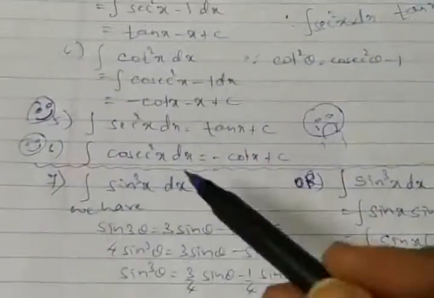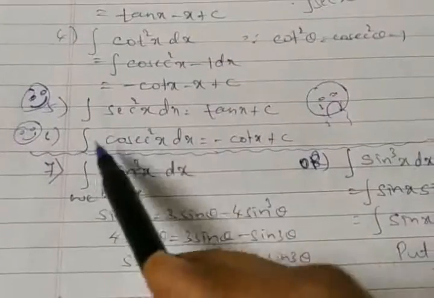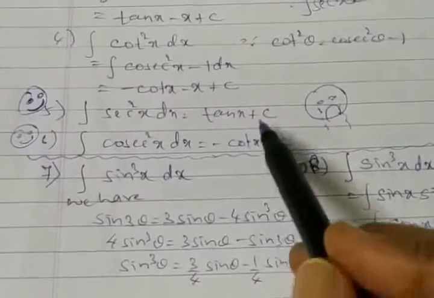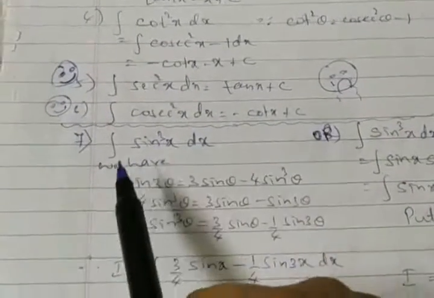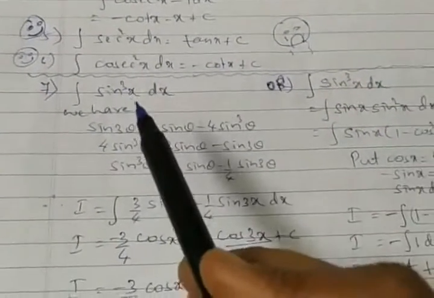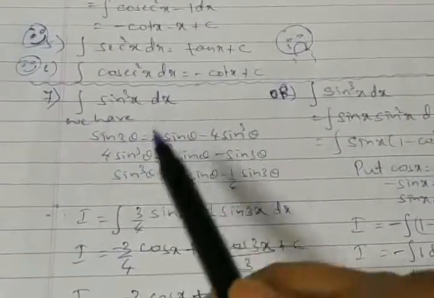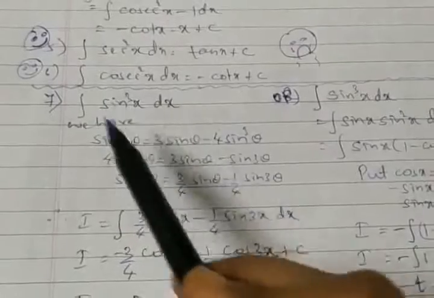So back to here. So here we have integration of cosecant square x. I hope you remember it's a standard result to be taken as minus cot x plus c. So after completing squaring, let's move on for cube here. We are left out with integration of sine cube x with respect to x. So for sine cube, what should be done? Which result can we use?